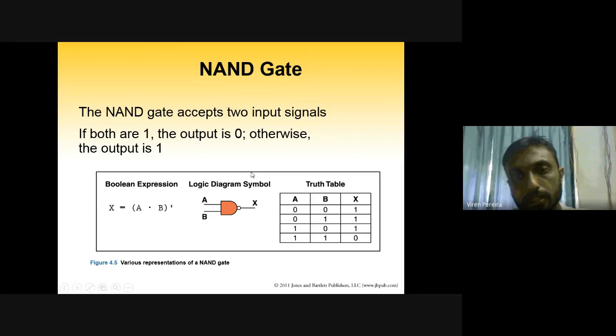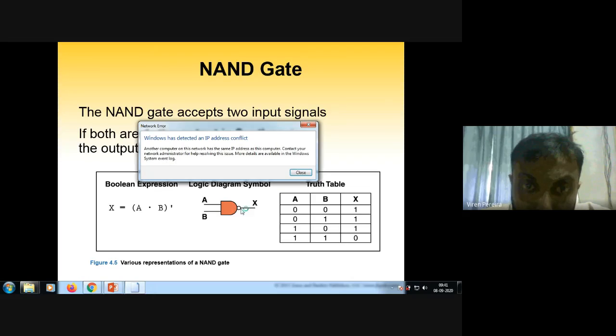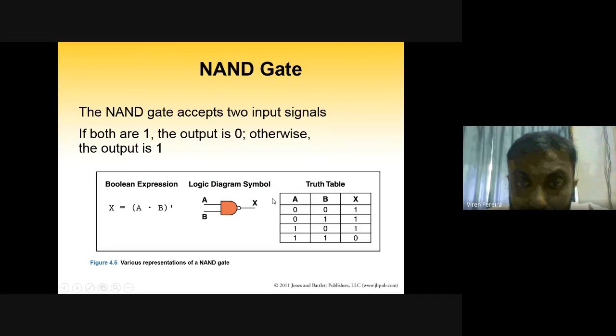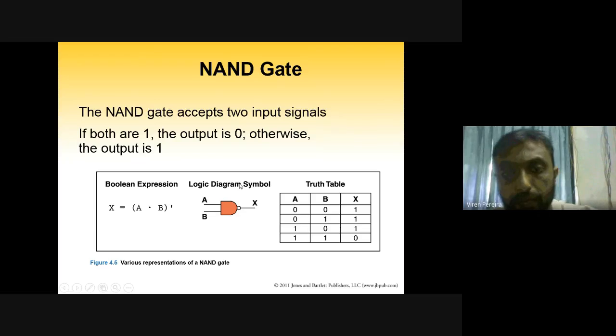Yes, sir. Now, the second part, 0 into 1 gives us what? 0. And the output will give us what? 1. So 0 into 1 is 0. NOT gate makes it basically